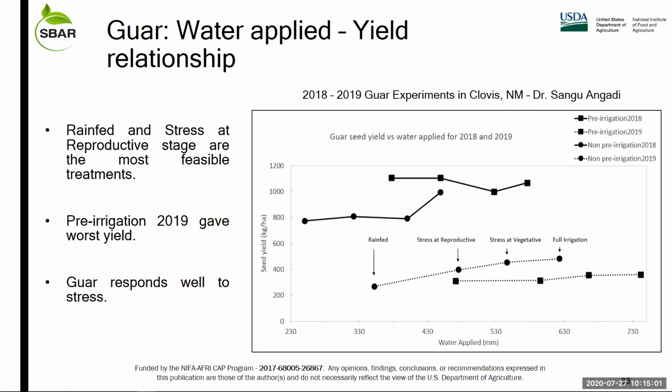And to see the seed yield, we have rain-fed and stressing the crop at reproductive stage, giving us the highest yield if we do pre-irrigation. And this is pretty interesting. It just shows that GWAR responds well to stress. Now, in the next slide,